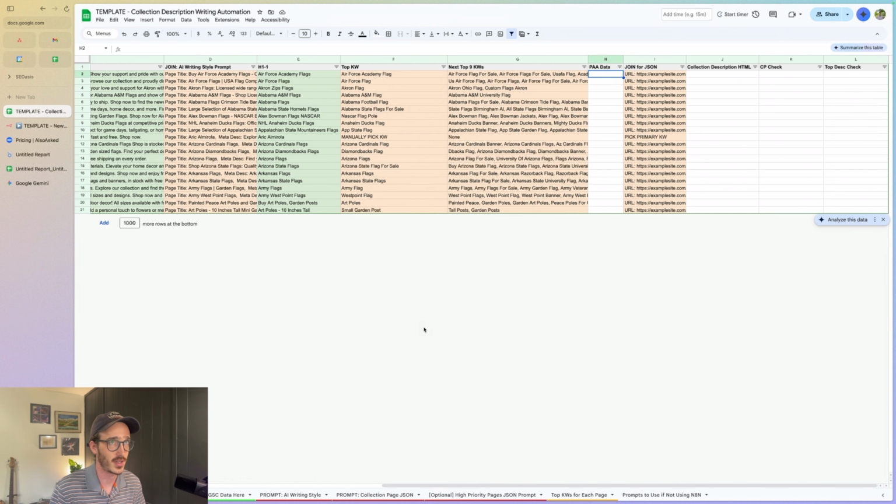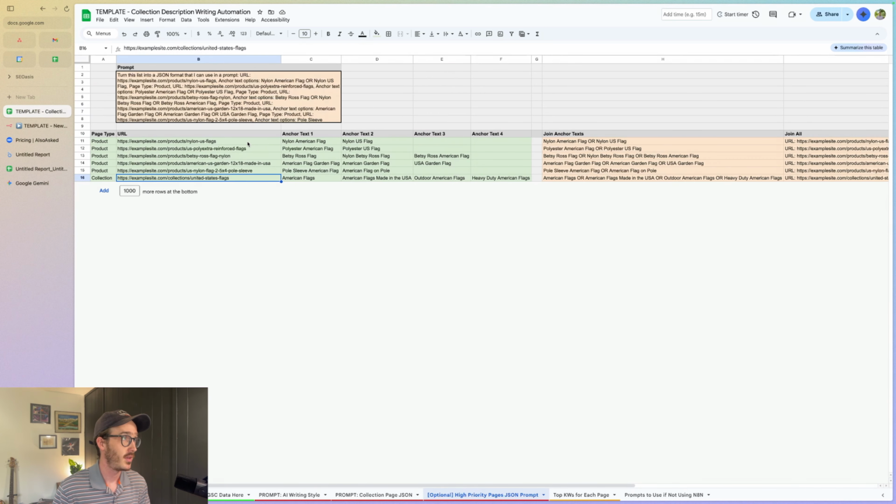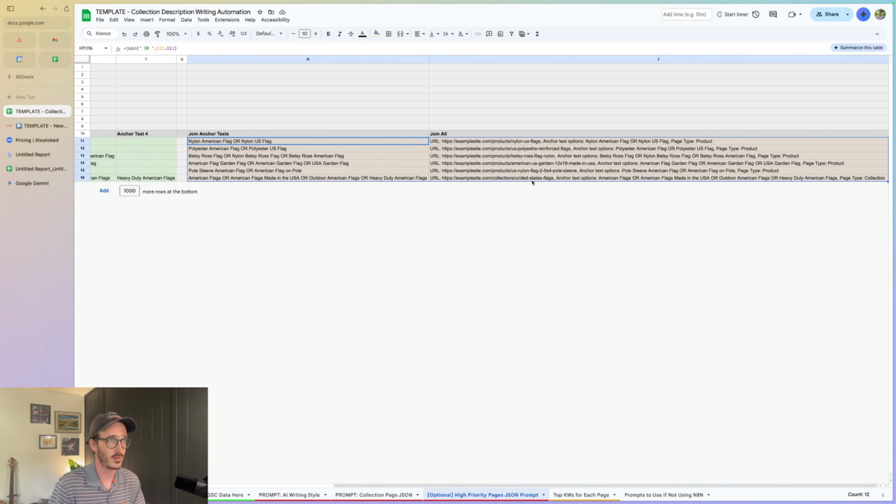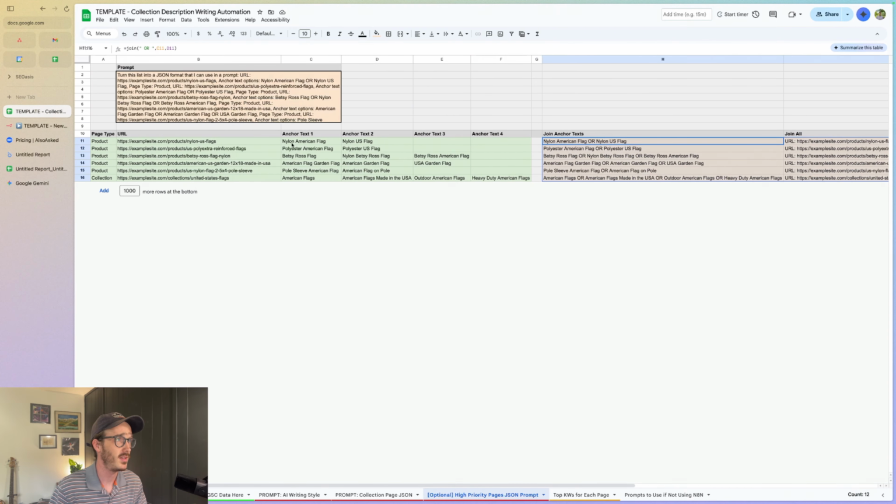Then we can finally get to actually writing the collection descriptions. So, actually there's one more thing. This is truly optional. If you have a set of collection pages that you want to rank really well, or it's your most important collection page that you want to put a lot of focus into, what you can do is use this section here. And it's very similar to the AI writing style process. Basically, you paste all your high priority pages into here, copy these functions down so all this data populates, and then add your